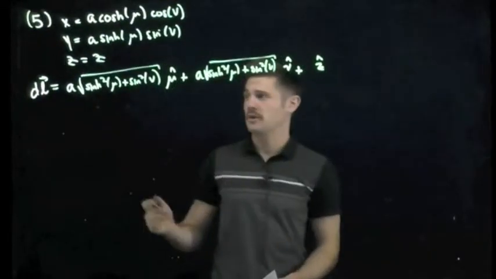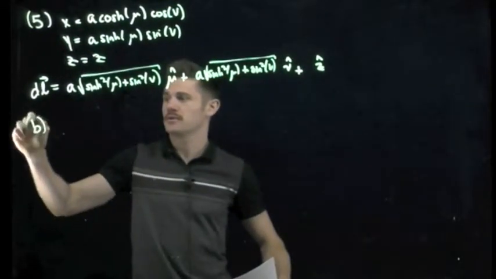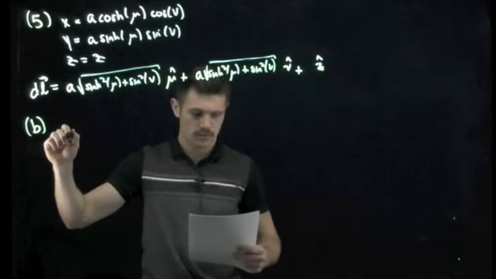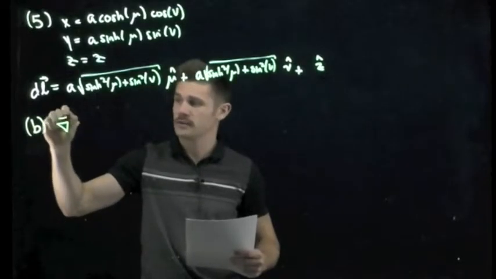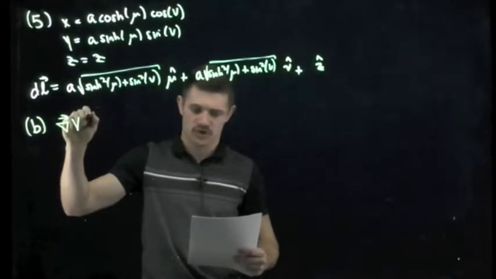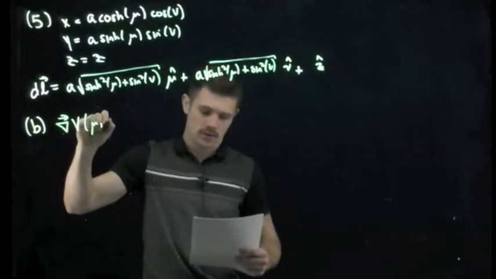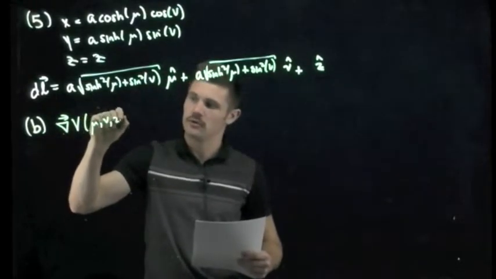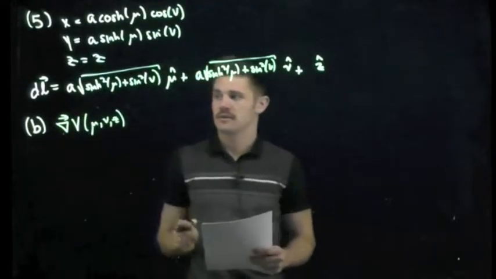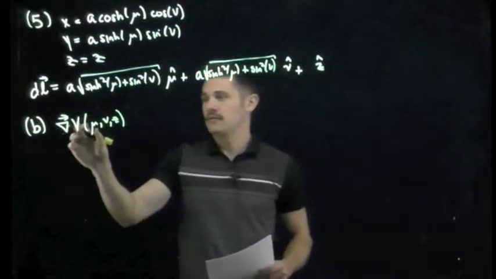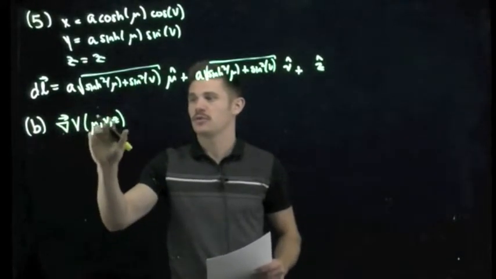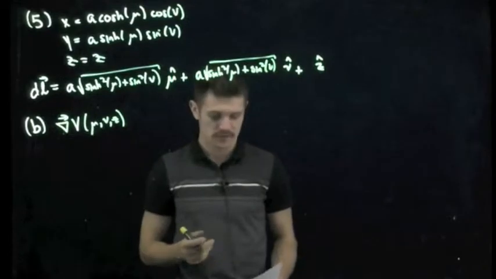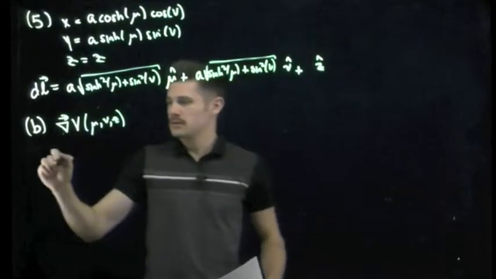Part B of question 5 says that we want to find the general expression for the gradient of some general field v in our coordinate system μ, ν, and z. So given some sort of general field, v is a function of μ, ν, and z, what is the gradient of this field in this coordinate system? So we recall